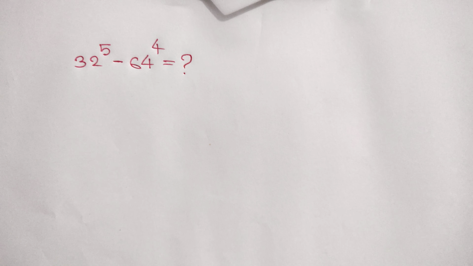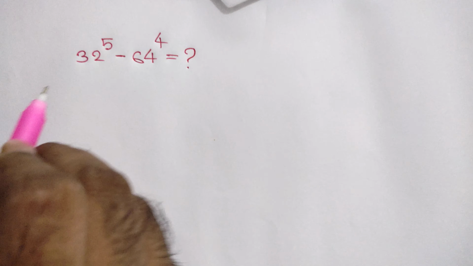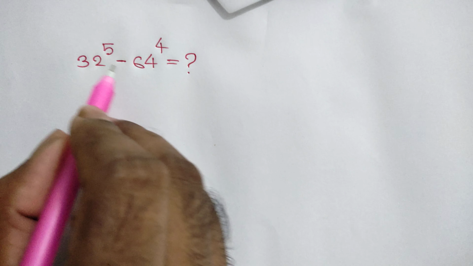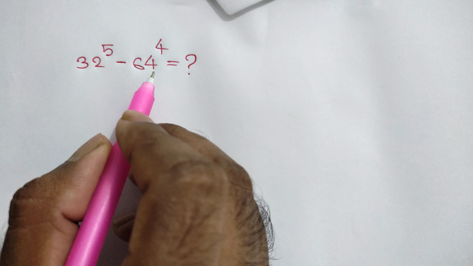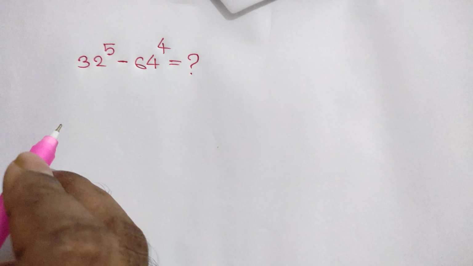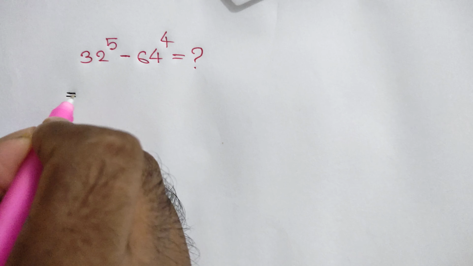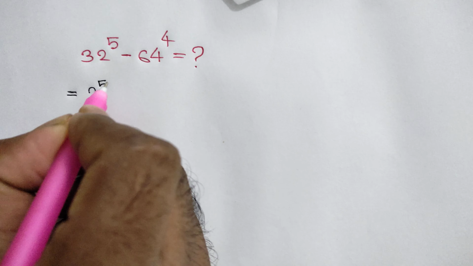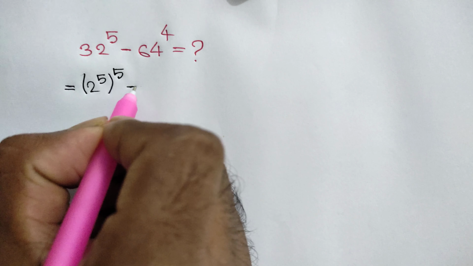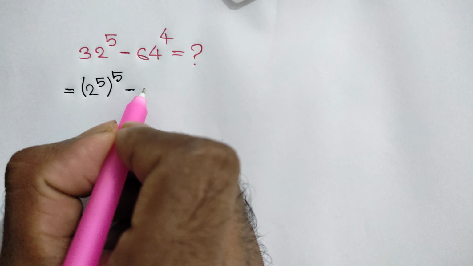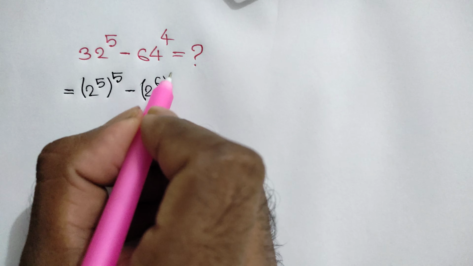In this video I am going to show how to simplify this math problem: 32 to the power 5 minus 64 to the power 4 is equal to what? Calculator not allowed. Okay. 32 can be written as (2 to the power 5) whole to the power 5, minus 64 can be written as (2 to the power 6) whole to the power 4